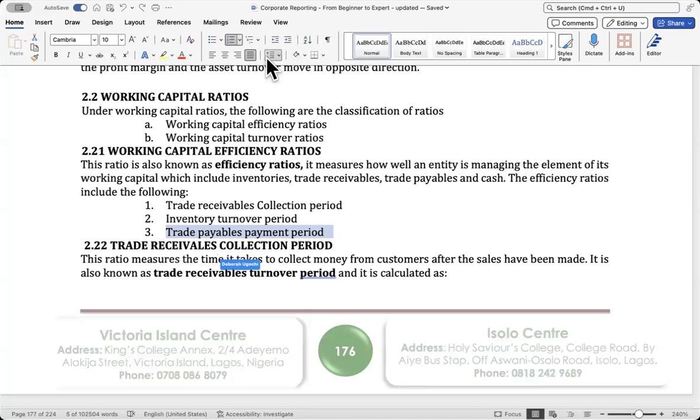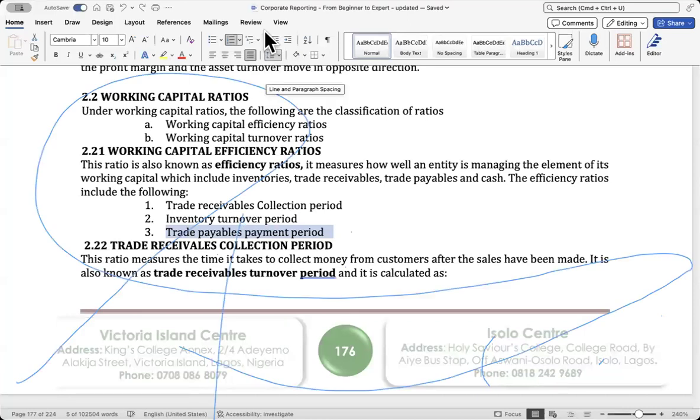Some people argue that. I always disagree with that argument because why would you want to be using your supplier's money to make money? It's your supplier. This guy gave you goods on credit. He gave you capital. When you have sold those goods, pay him his money now. It's never a good argument. So if you have the opinion that an elongated trade payables period is good, then you should be able to argue